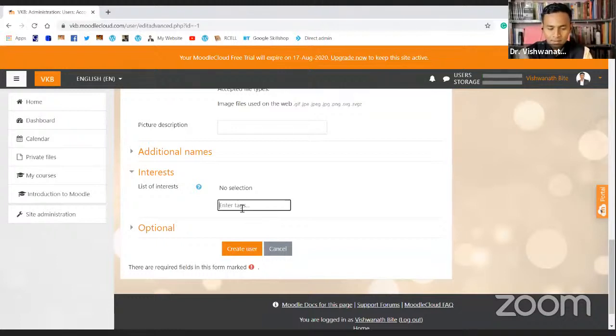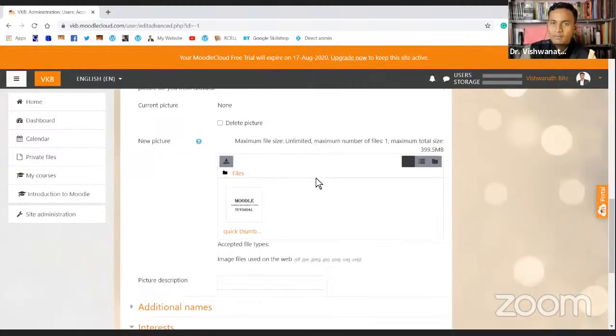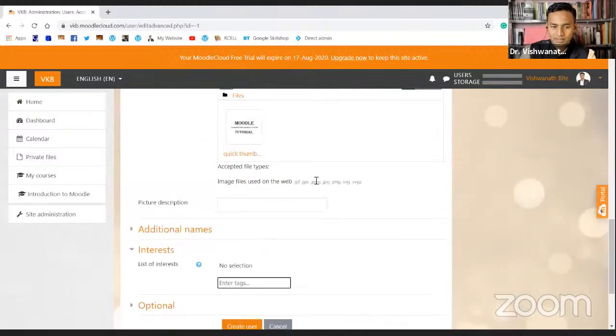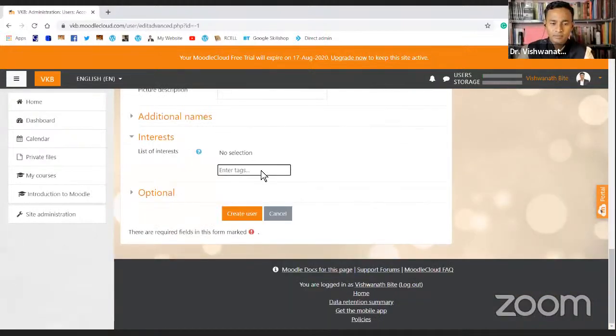Or if I'm creating my own Moodle website in my own educational institute, teaching English language and literature, and I want some teacher from your college to co-teach my class, then I can just enter all your details, or I will ask you to enter all these details. Here, why these tags are important is because if you just click on that tag, all the users related to that tag will be visible.